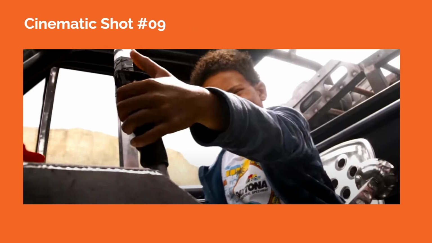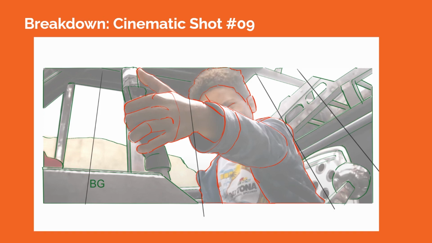In cinematic shot number 9, the camera is placed low inside the car, tilted upward, creating an upshot on Lil B as he reaches for a lever and pulls it to battle the pursuing henchmen. We can see a 3-point perspective grid formed by the structural elements inside the car, and the camera lens is likely a little wider, allowing us to see Lil B inside the car, while also being aware of the structural